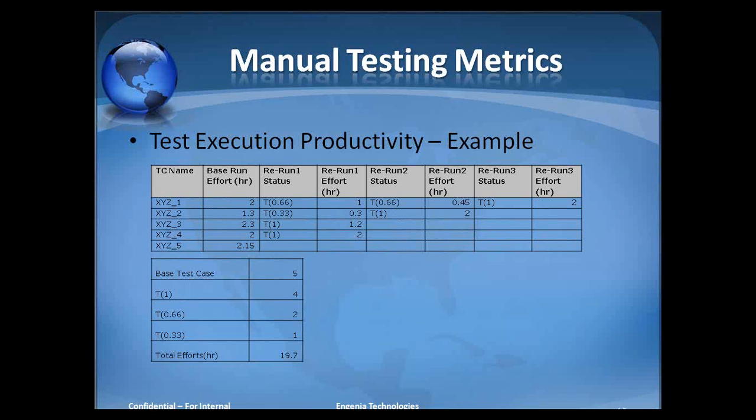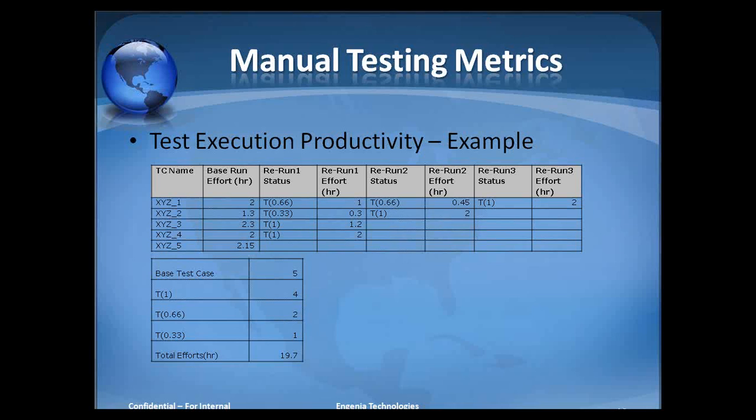Now if we accumulate these calculations, we can see the base test case has 5 runs, T1 has 4 runs, T.66 has 2 runs, T.33 has 1, and then we can calculate the total effort in hours.